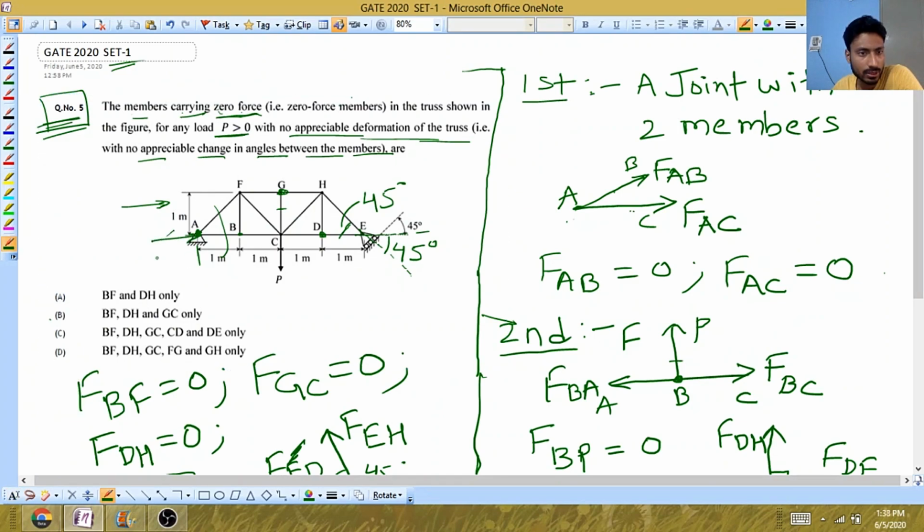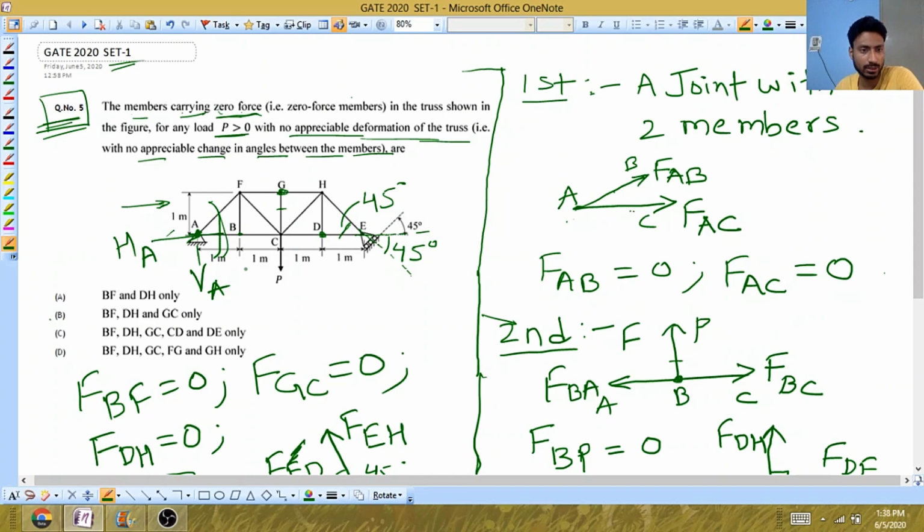So there is horizontal reaction, that is HA, and there is vertical reaction VA. Okay, so if you take method of joint at A, you will take this force as well and this force,